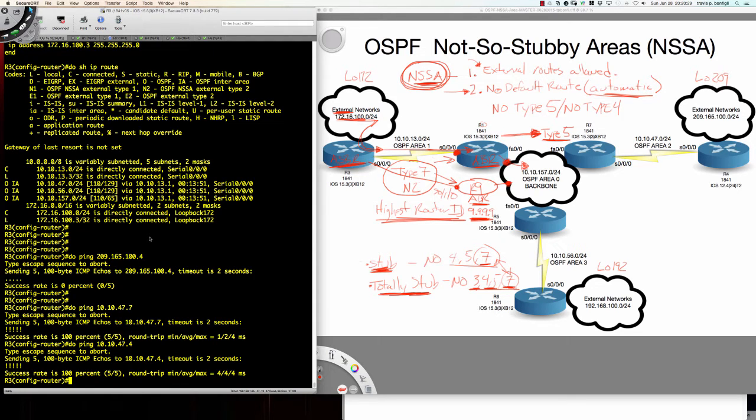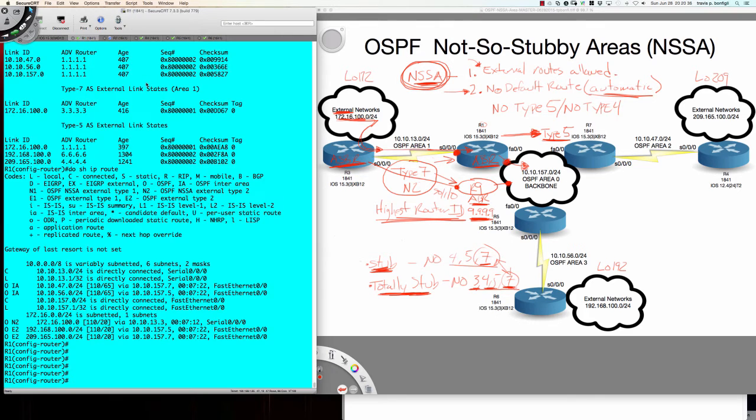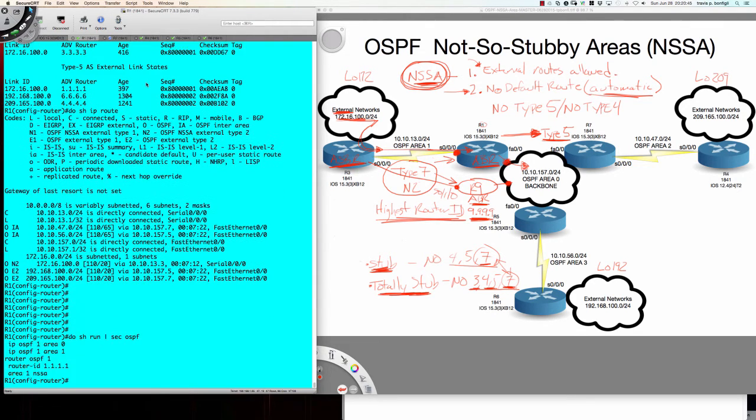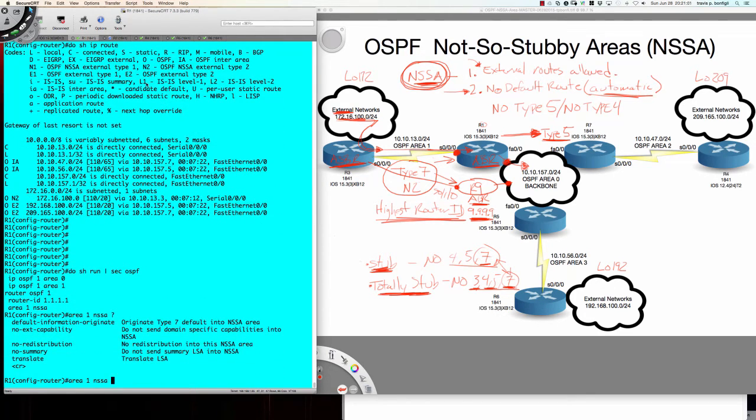And this configuration is going to get done on the ABR because the ABR is the one who would inject that routing information. Let's do the show run section OSPF. The ABR is going to say, if you don't know how to get off this network segment, then use me as your default route. So that's what we're going to do here. You can see we have the Area 1 NSSA, and we're also going to go ahead and add in, and I'll do a question mark,